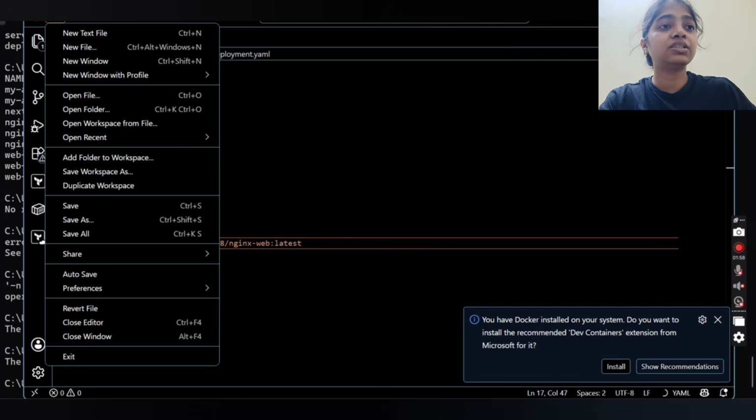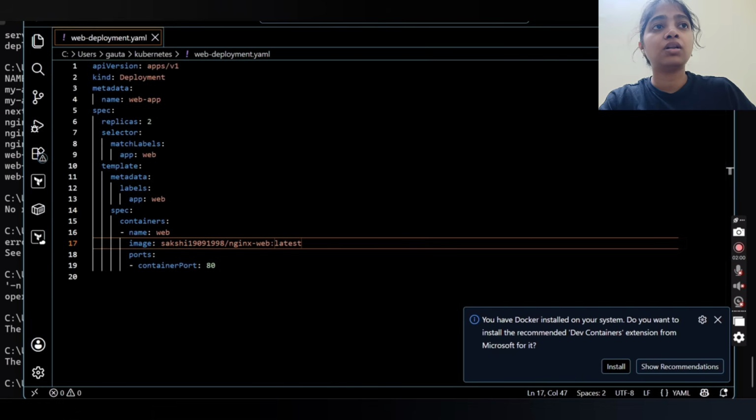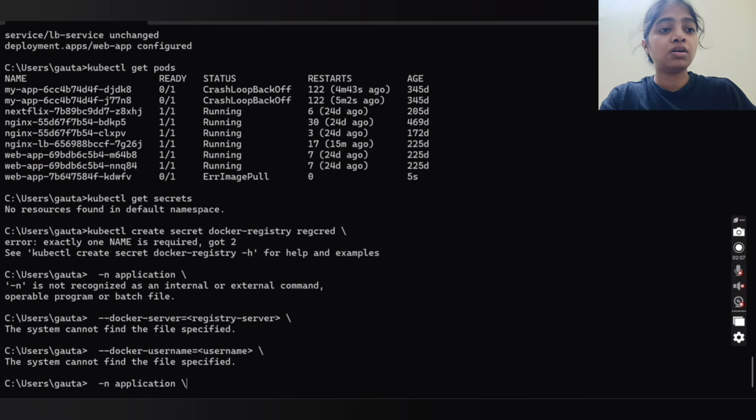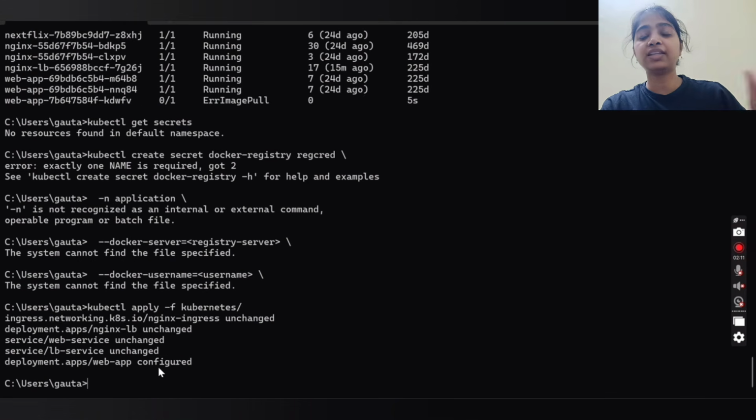Let me save it, let me close it, and then let me try kubectl apply -f again, and you see that the change has been made. And if I do kubectl get pods, then you see,